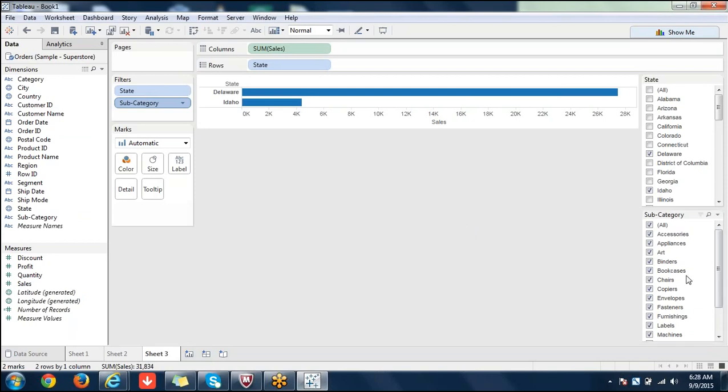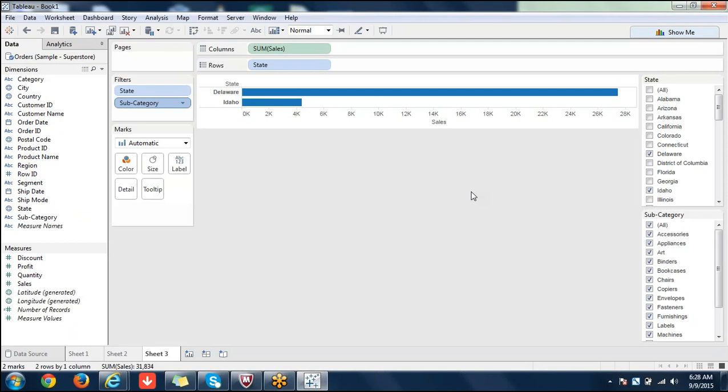All the data available for that state will be displayed here, whereas when there is a relation, it will be filtered, just like region and state. This is cascading, and that is the difference between cascading filter and context filter. When there is a relation, context filter and cascading filter are absolutely the same.